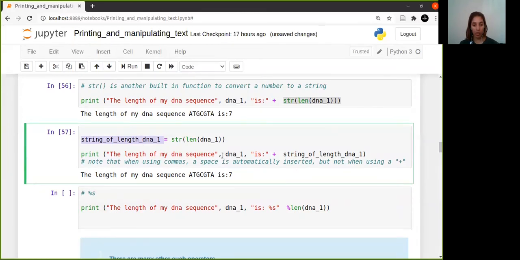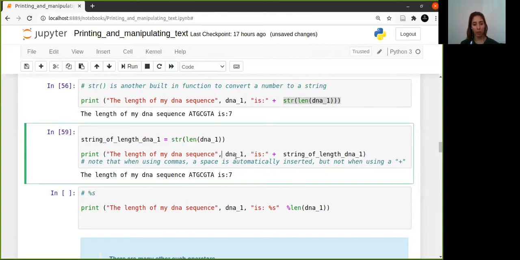But what I want to show you is that when you use commas, it automatically makes a space between each of them. But if I had to use concatenation, so just adding them all up, it won't give you an error, but it doesn't look very nice. Can you see they actually just paste everything together? So I sometimes prefer to use commas between all of these values, so I'm going to leave that as is,